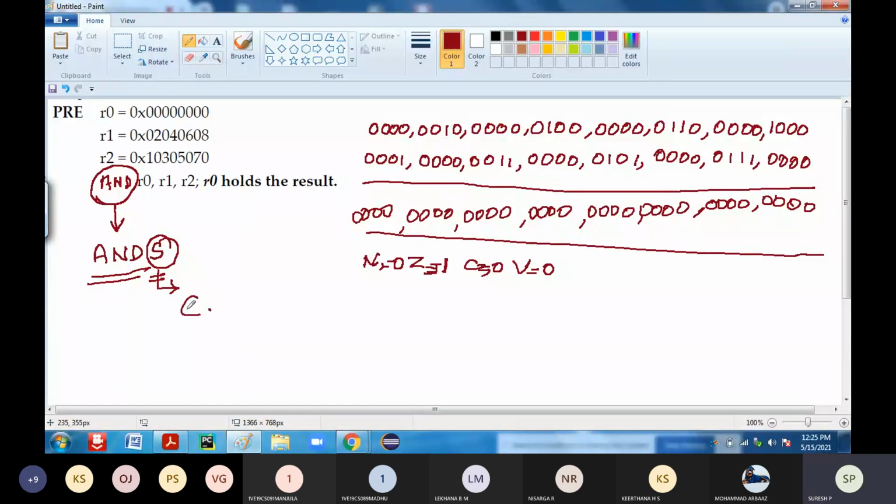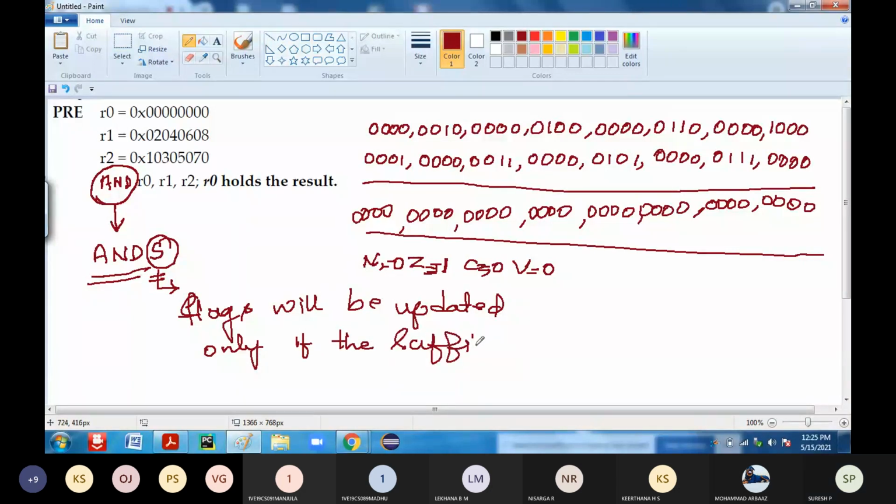Just make a note: flags will be updated only if the suffix s is added in the instruction. That's what I am telling frequently.